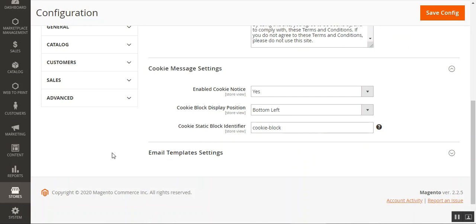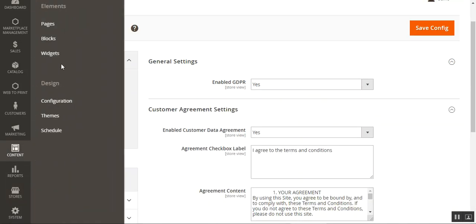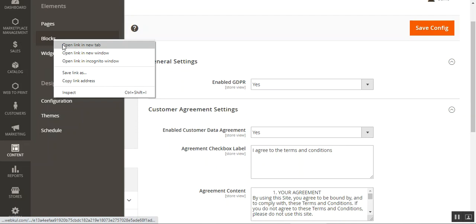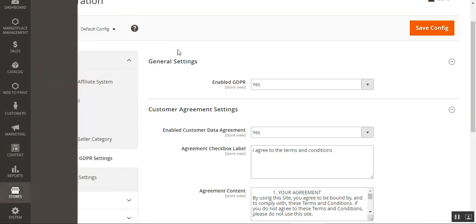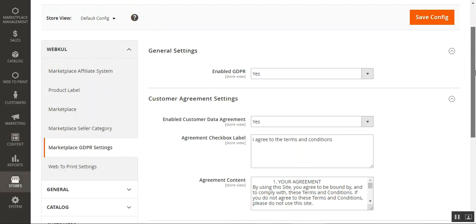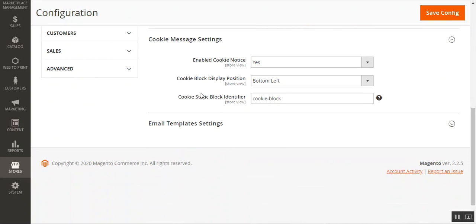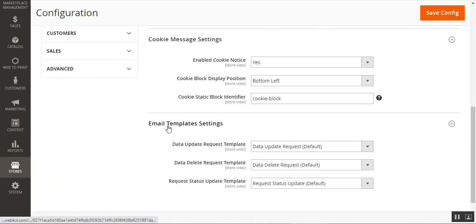So let me show you how the admin can do that. For that, we just need to navigate through content, and then we'll be going to the block section. Let me open that in the window. So in the meantime, let's complete the last settings, that's the email template settings, and then we'll go to the